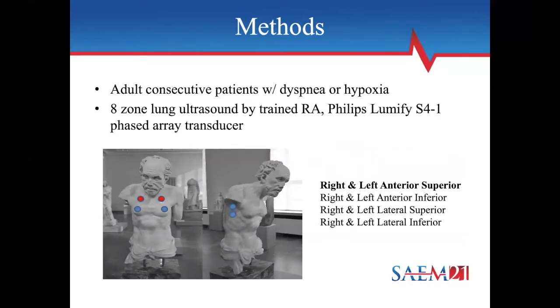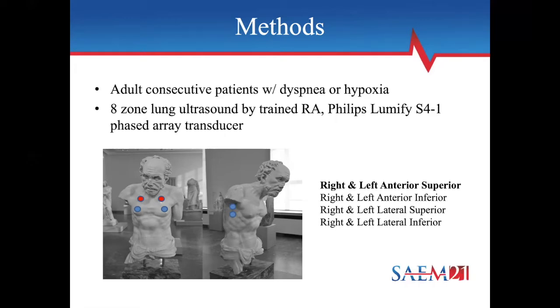derived by artificial intelligence. So in terms of methods, this was a single-center prospective observational study that enrolled adult patients presenting with dyspnea or hypoxia, triaged to high acuity areas of an urban academic ED from July 2018 to May 2019. Subjects found to have any B-lines on initial lung ultrasound were included and received daily ultrasonography during their admission. Ultrasound clips of 8 lung zones, right and left anterior lateral and superior inferior, as seen in the slide, were